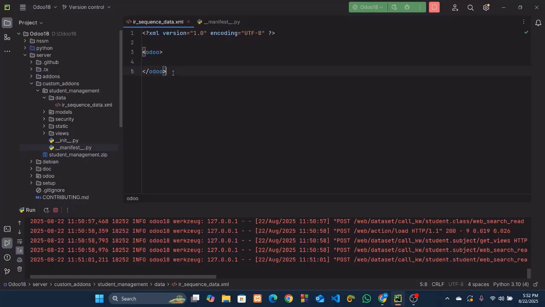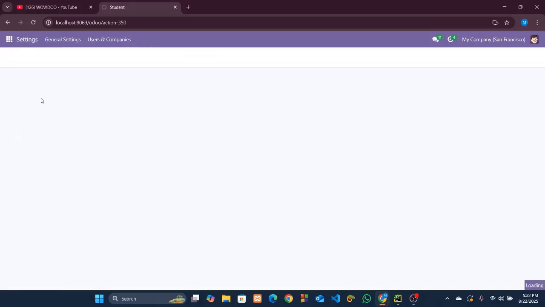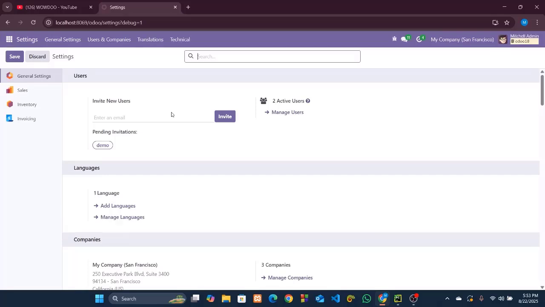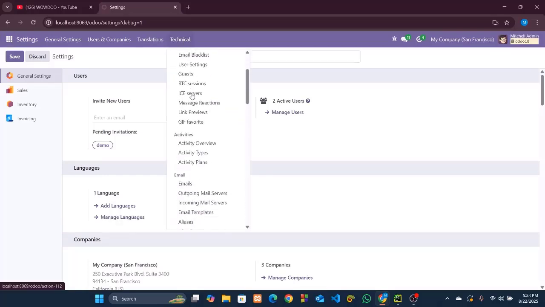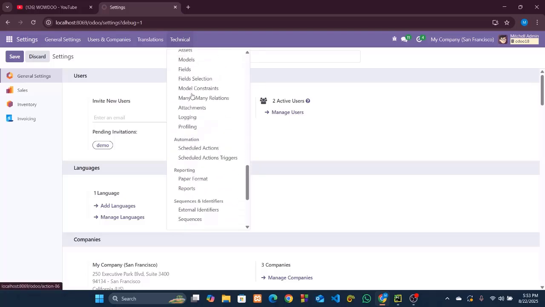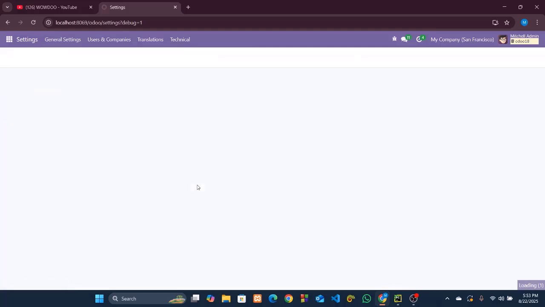But before creating that record, I want to show you a thing. If we go inside our settings, first of all go to the developer mode, Control K, and debug. Now we are in the developer mode. If we go to the technical section and scroll a little below, then we will see a section named sequences and identifiers, and inside this section we have a tab called sequences. If I click on this sequences,